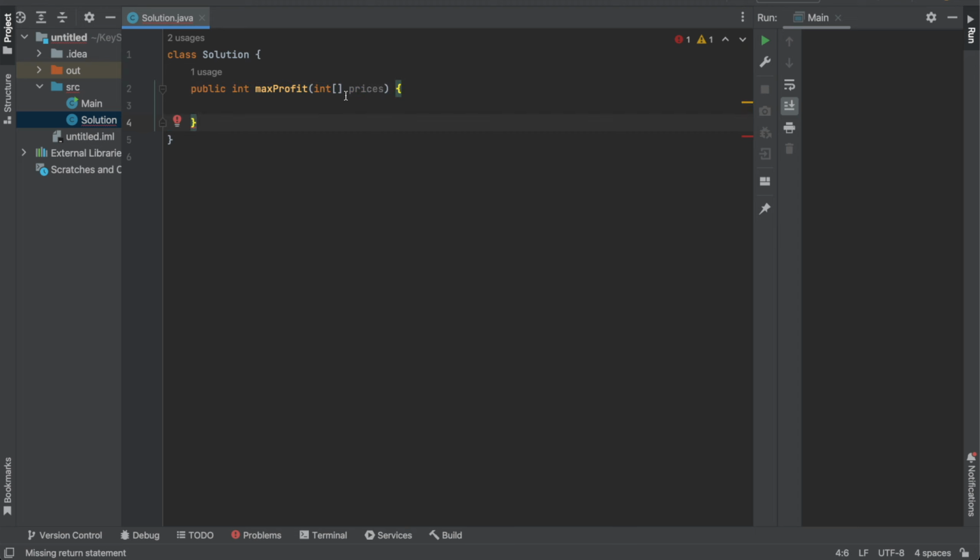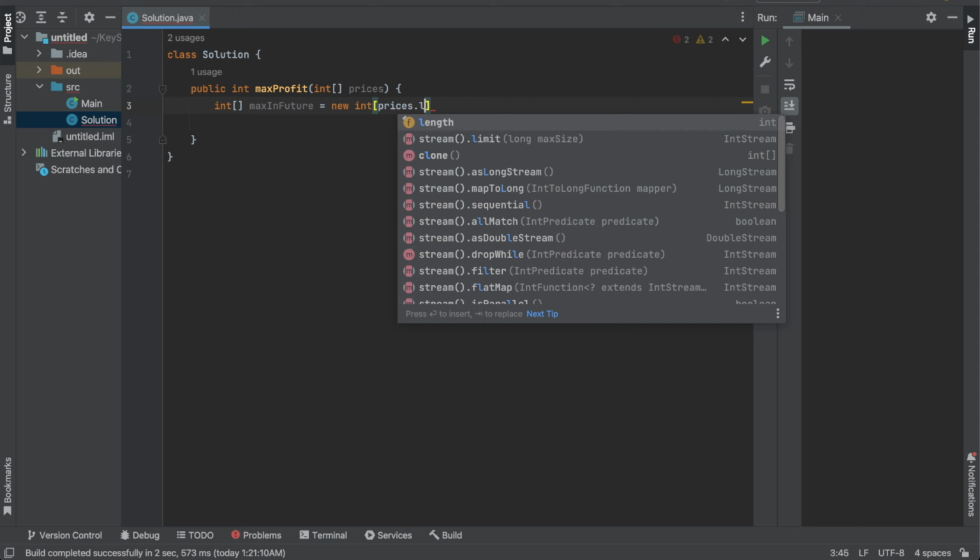So we are given an array of prices, which is all integers, and we need to return another integer, which is the maximum profit that's possible by buying and selling one stock. So let's first start by creating an array. Let's call it max in future, which will basically track the maximum price that's possible in the future. Let's do a new int, and the size of this can be the same as the size of the prices